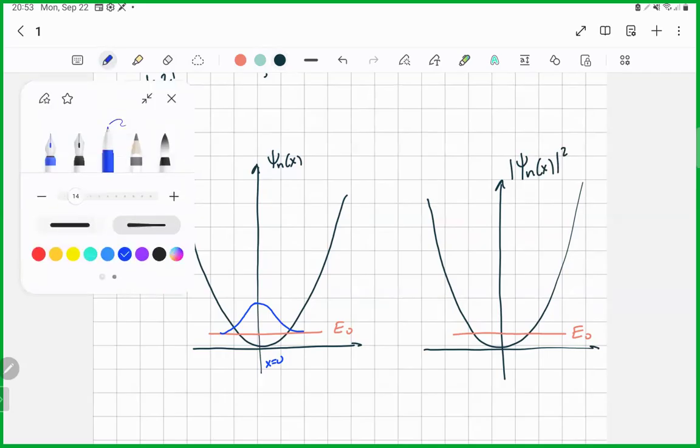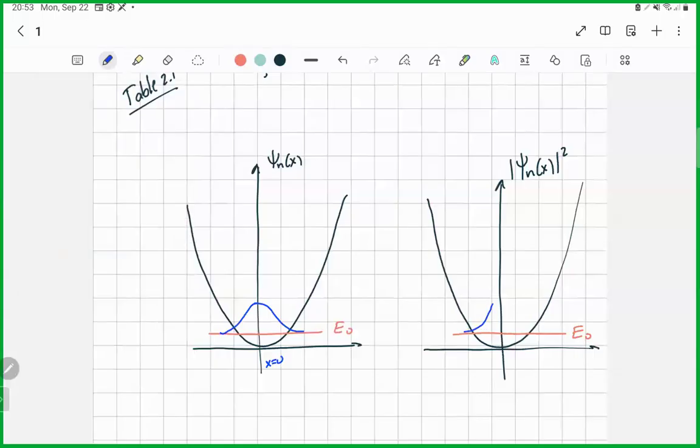So the square of the Gaussian is similar to the Gaussian, a little bit more narrow, but it's still the same behavior, maximum at x0, which is telling us that if the particle is in the ground state, the maximum probability to find it is